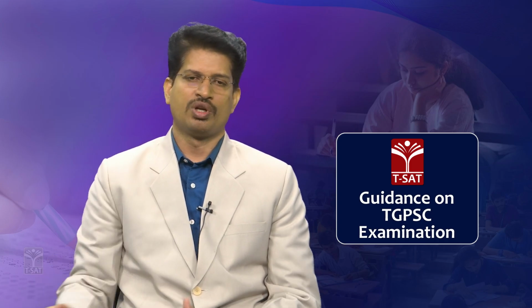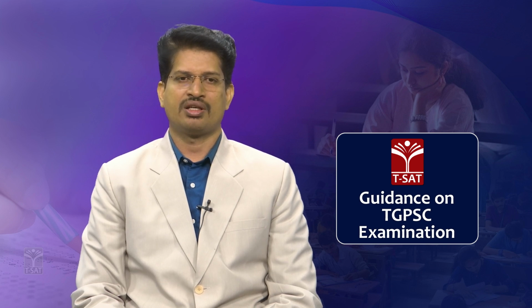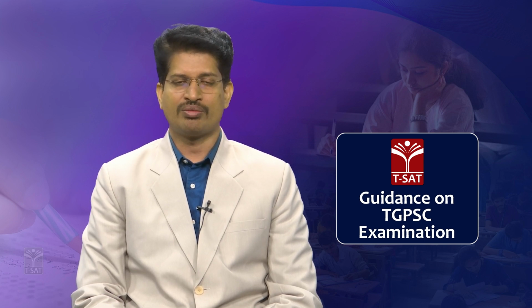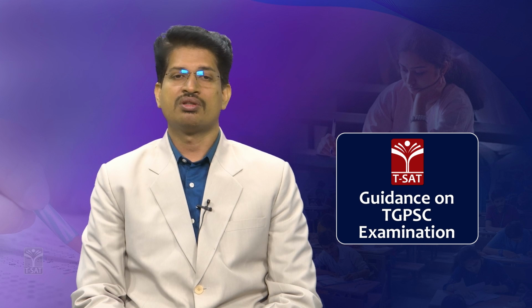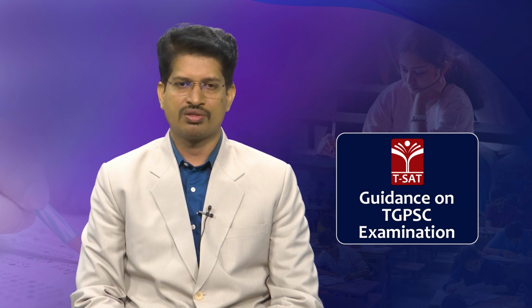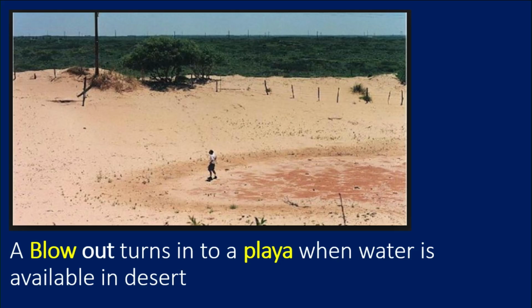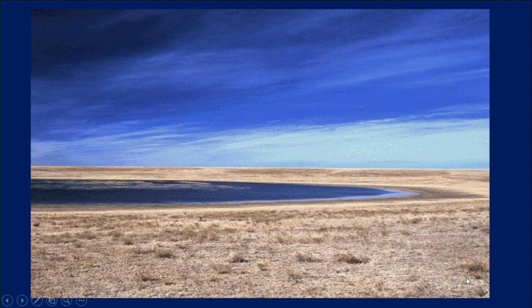In the case of a blowout in a desert, the fine particles are weathered and eroded away, leading to the formation of a depression. When it rains, this depression in the desert leads to the formation of an oasis. These kinds of lakes in the deserts are described as playas. Playas evaporate during the summer season, leading to accumulation of salts in the playa lakes.